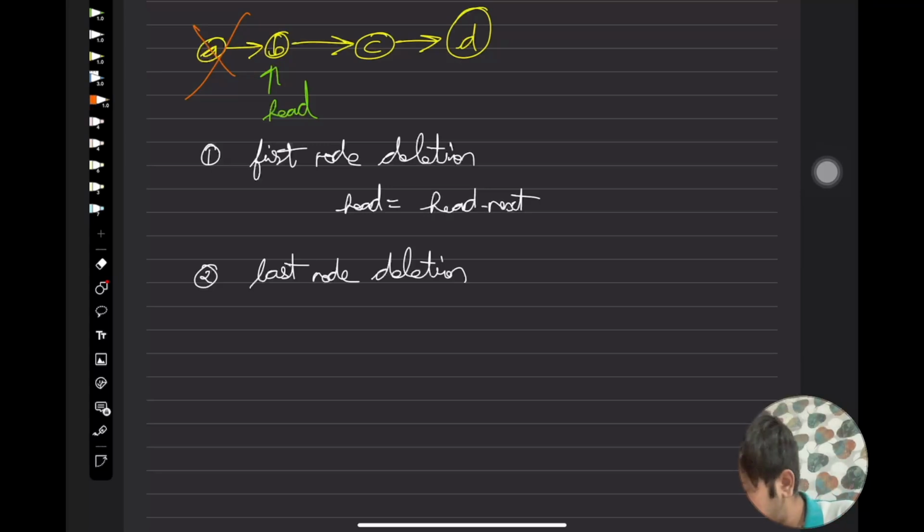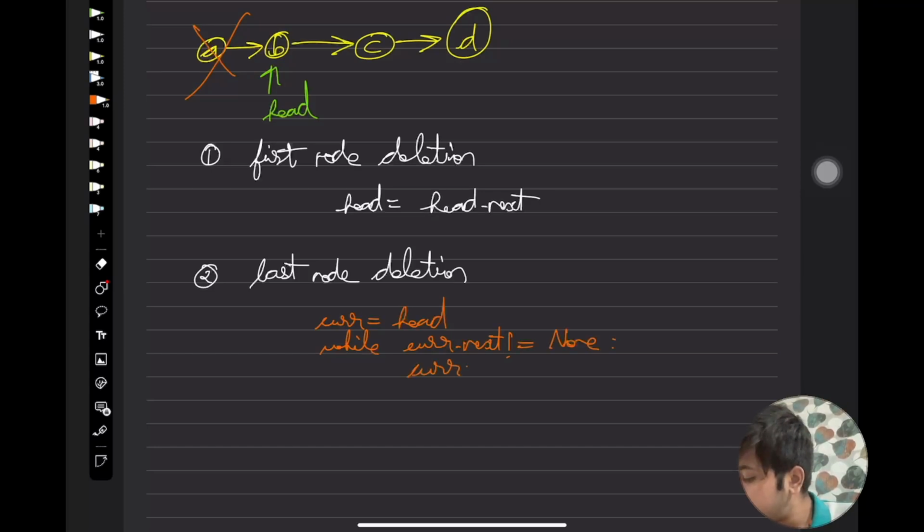So basically, always write that current is at the head position, and then while current dot next is not equal to none, current is equal to current dot next, and then finally when you reach the last position,